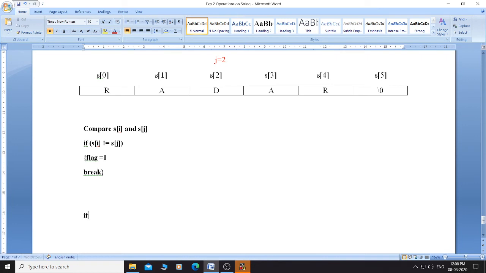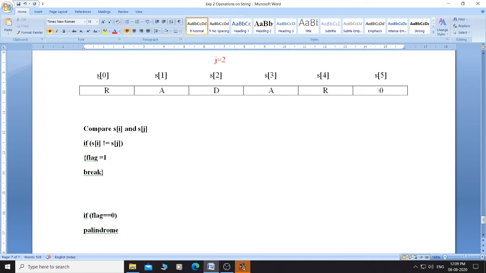If flag is still 0, means string is palindrome, because flag is 0 indicates that this part is not executed, and this part is not executed means s of i was never different than s of j, means all s of i and s of j were same, means first character and last character are same, second character and second last are also same, third and third last, continue, all are the same, and as all are the same means that particular string is palindrome.